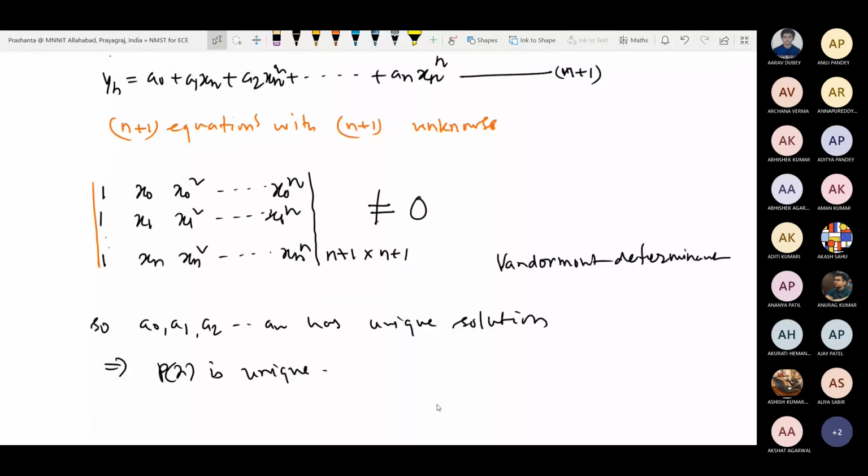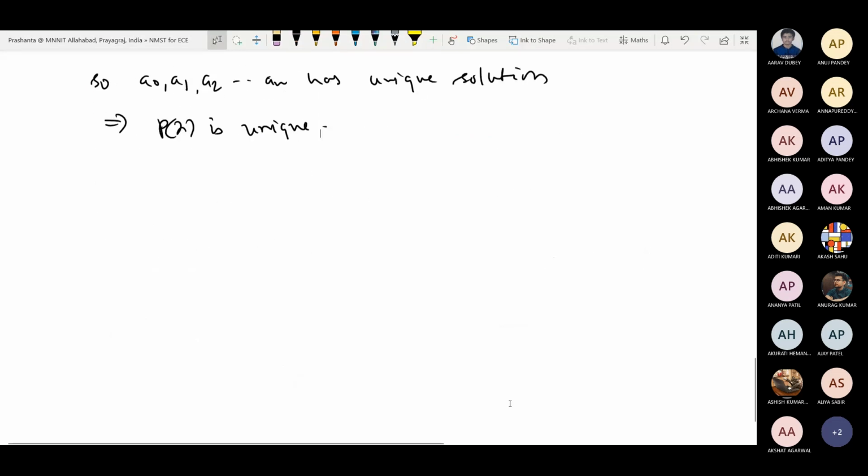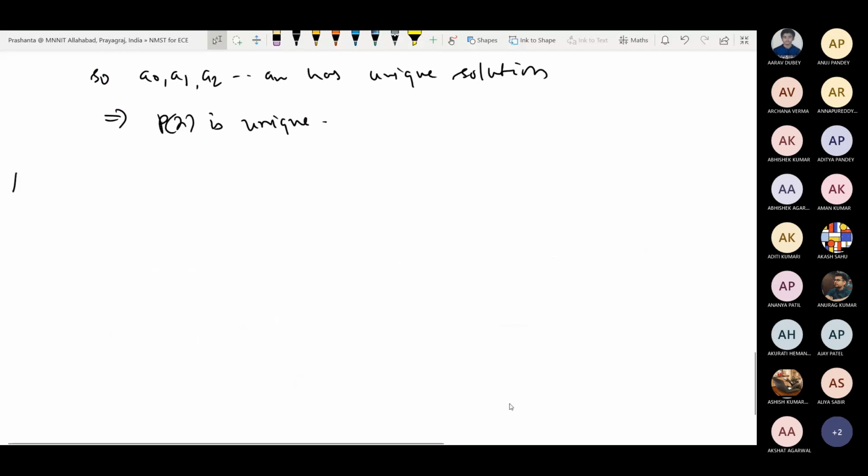Any kind of function can be approximated by a polynomial? The answer is not any kind of function. A particular kind of function can always be approximated by a polynomial. A particular function means if the function is continuous. So if you have a very complicated function and the function is continuous, as long as it is a continuous function, you can always approximate that function by a polynomial, and it is due to the famous mathematician Weierstrass. So the Weierstrass approximation theorem. I'll just simply mention the theorem only. No proof is included.